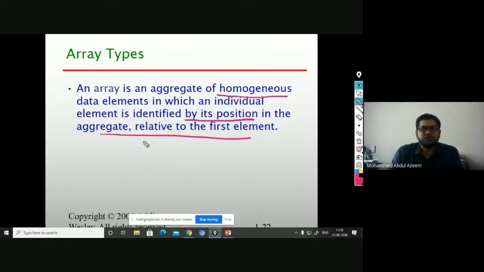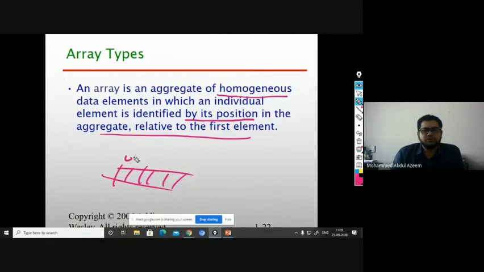In the sense, you start with some index. If you start with 0, then with the step value 1, you can find the subsequent elements. So for example, you have an array with index 0 starting, with elements 1, 2, 3, and 4. This whole array is pointed to through a single name. Let us say you declare an array of 5. With the same name A, you can point to this entire memory, and the first element index is 0. If it is 0, then with the step value 1, once you have declared the indices of that particular array, subsequent elements will be identified relative to the first element